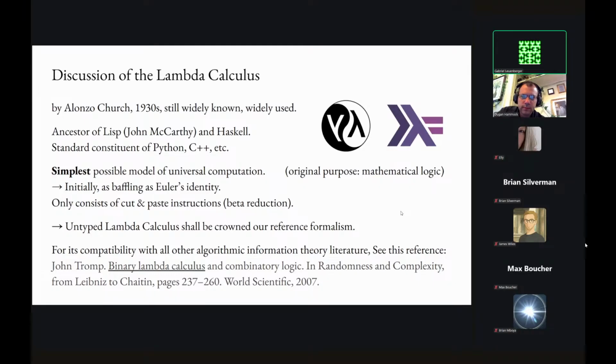You can see it in this paper down here. This is the reference. And he also compared it to some other alternative possibilities, like, for instance, SK calculus, which is also a very simple reference formalism, but it's not well suited, according to him, as a reference formalism at all, because it's not so expressive, it's less powerful.